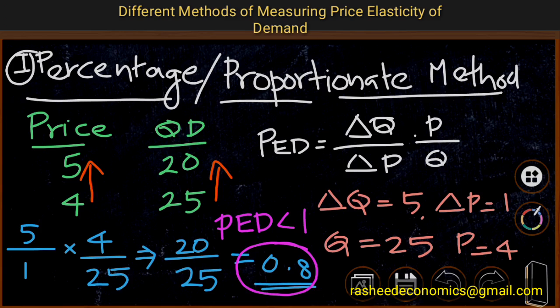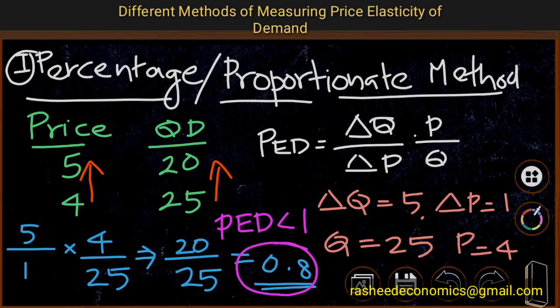It shows that if quantity or price moves in one direction, the price elasticity of demand will have one value, and a reverse direction will have another value if we are calculating using this percentage method. This is the drawback of this percentage method. In a normal demand curve, price elasticity of demand will be different if we are considering a price decrease and if we are considering a price increase, because we are considering here the percentage change.